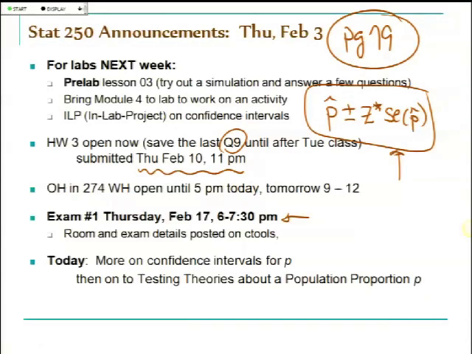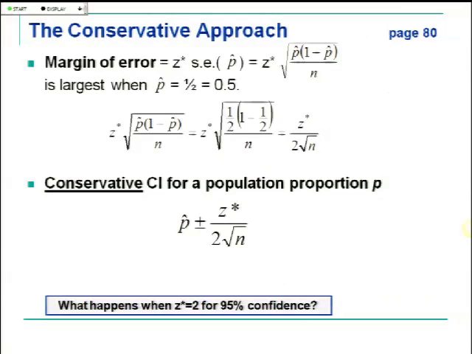The margin of error is going to be calculated based on z star, so how confident you want to be will affect that width of your interval, and also the standard error. And the standard error term, remember, has p hat times 1 minus p hat over n. So there are two things you have to choose as a researcher: what sample size will I take, and how confident do I want to be? And those two things affect the accuracy of your confidence interval in the sense of how wide or how narrow it will be. So on page 80,